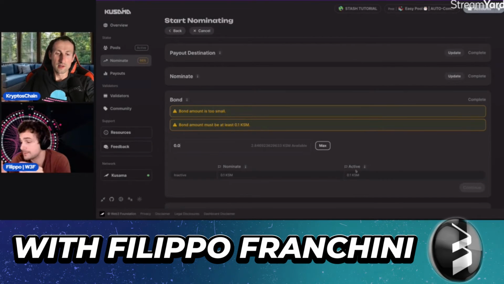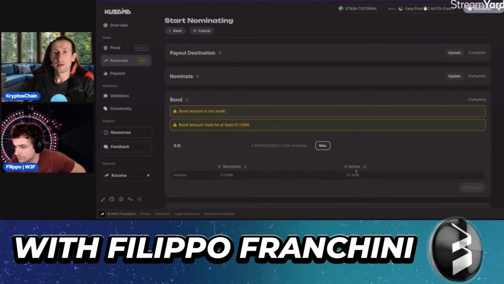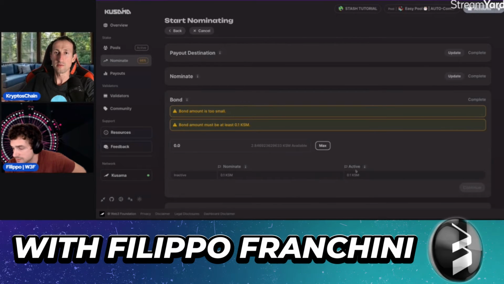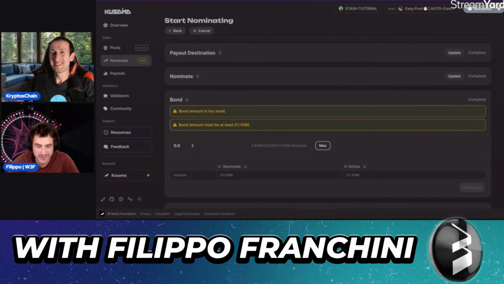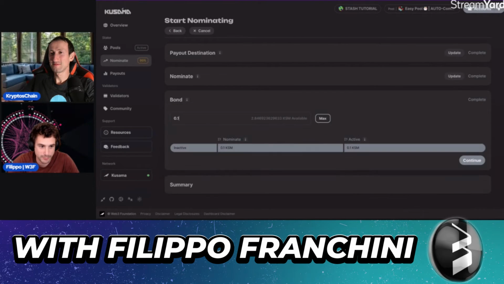Okay, I understand. But is this minimum requirement already existing on Kusama as well? Is it the same? Is it 20-something thousand, or is it bigger or smaller? I believe it's similar, but because there are many fewer wallets and also fewer large wallets, the amount is always 0.1. It hasn't triggered an upward increase of this minimum amount. Yes, exactly. Here we can see that the minimum amount is too small, so we just put 0.1 also here,